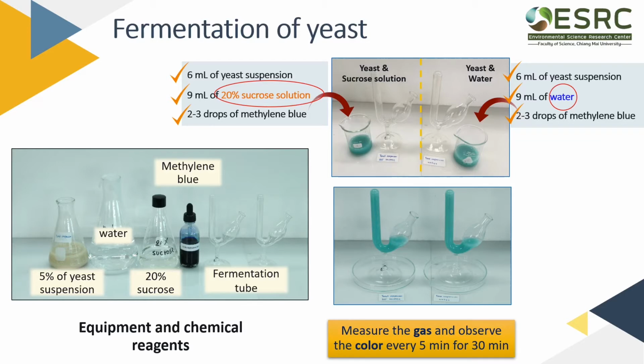Then, put both tubes on the petri dish and leave them at room temperature. The gas in the tube was measured every 5 minutes for 30 minutes, and the color changes were also observed. After the experiment ended, add a pellet of potassium hydroxide. Shake it lightly until the pellet melts and mixes with the suspension in the gas-filled upper side of the tube,